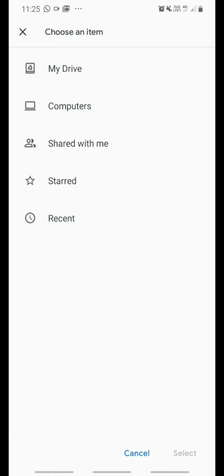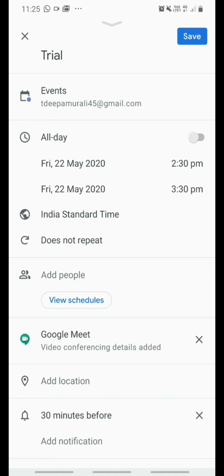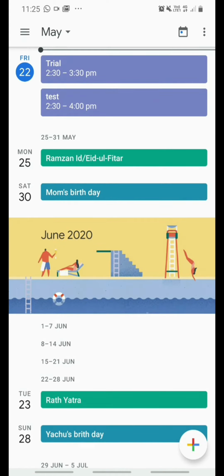Whenever you click that save button, the message you typed here, all these things with the name, if you have given, for example, trial online session or first online session, then with that name the mail will be sent to the participants, whichever people you added in the list. So all the information will be sent to the recipient's Gmail inbox. Then they'll be getting the information regarding our meeting.